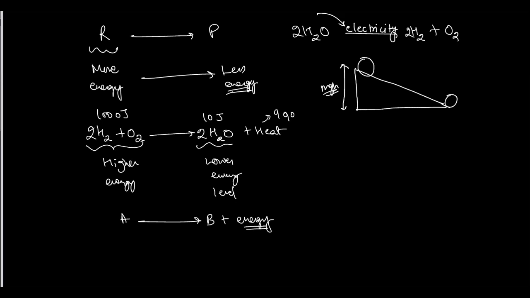And if I need to reverse this, what you need to do is apply the energy. So sometimes we need to apply energy in the reaction, sometimes energy is being released. When energy is released, the reactants are at a higher energy level and shift to a lower energy level like this. Such reactions are called exothermic reactions, which we will discuss in the next class.